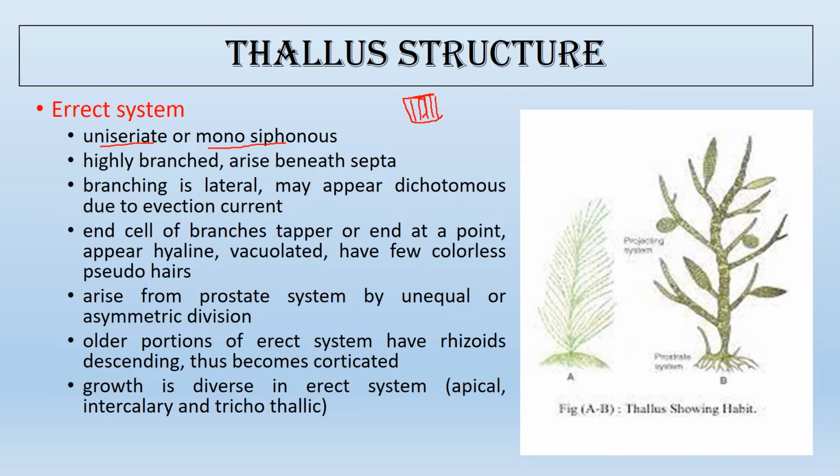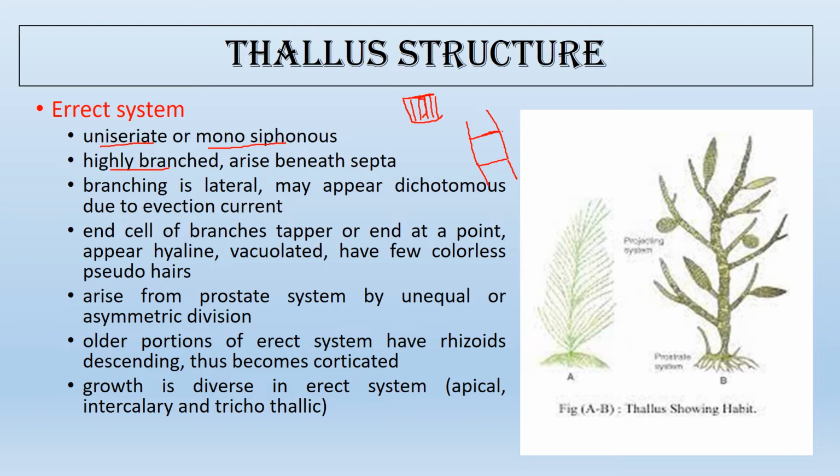And the erect system is generally 30 centimeters in length, and it is uniseriate and monosiphonous. It is highly branched, and the gametophyte is much more branched than the sporophyte. This branching appears beneath the septa, which means that if this is the filament, the Ectocarpus body is filamentous and has a row of cells, and the branching appears beneath